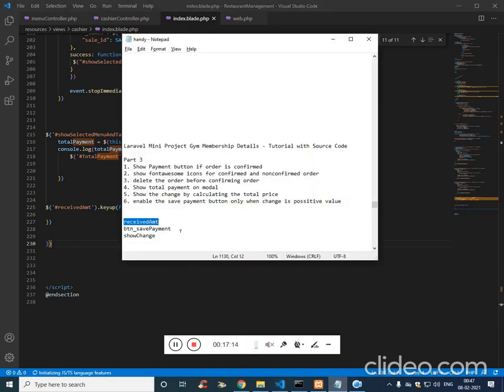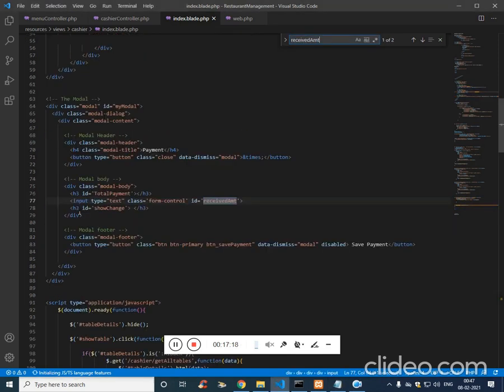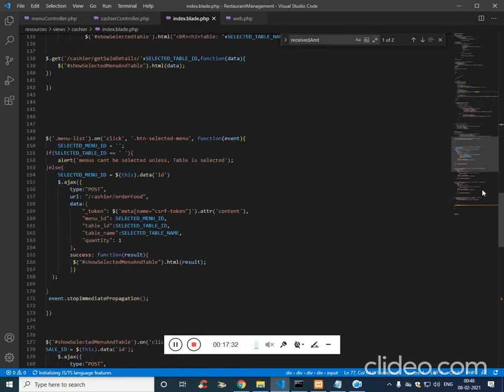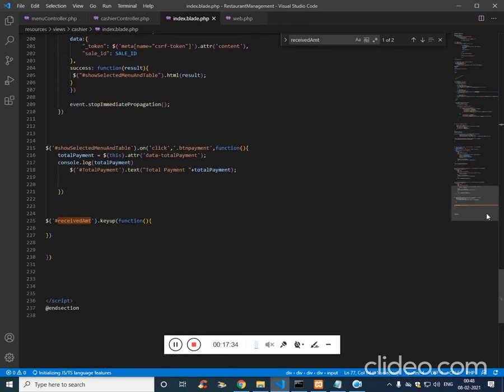So on key up function we have to get the... this is id, this is a class. We'll make this as an id, so we don't have to confuse id and id. Fine. Now what we do is we need to get